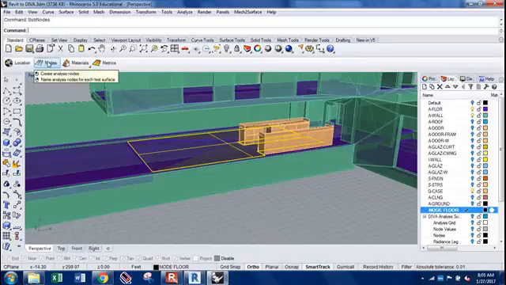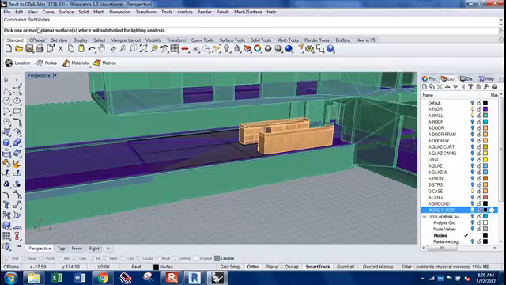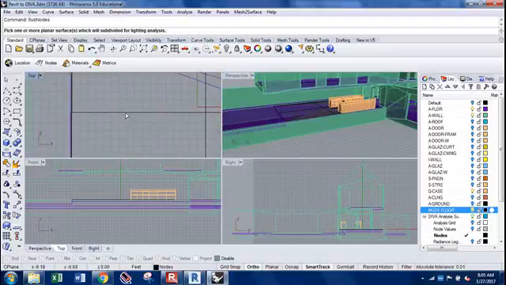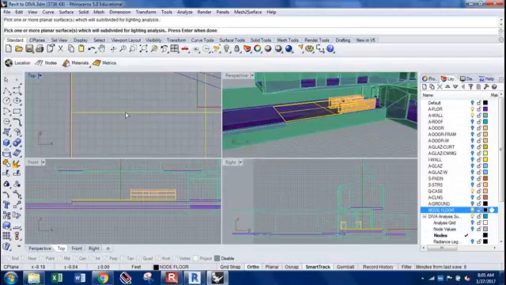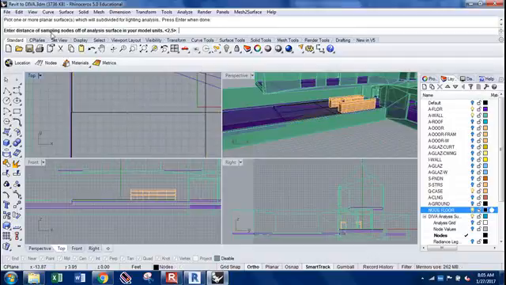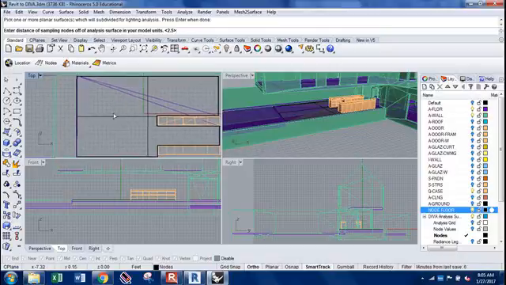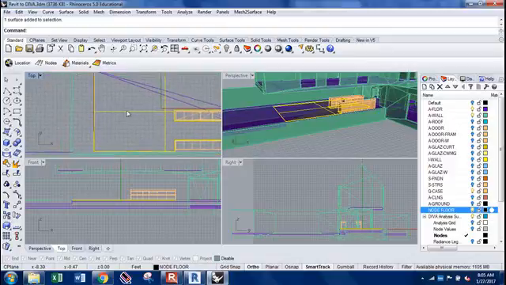So selecting the nodes tab here, give that a second. It's going to ask me to pick one or more planar surfaces, and it's easiest to see this in the top view. Select that, click enter. Now enter the distance you want the nodes to be present off of the floor, and if I remember correctly, this surface actually comes in with the upside down direction. So I'm going to click cancel, select that surface again, and type in the DIR command,